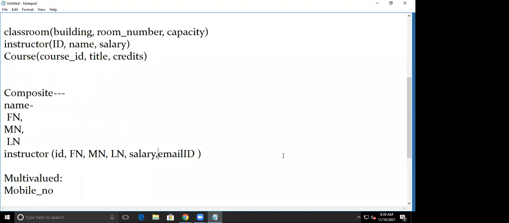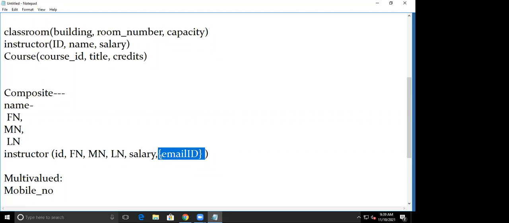In the ER diagram, this attribute is represented using a curly bracket, which means that this is a multi-valued attribute. Here it might happen that one instructor has a single email ID, one instructor has 2 email IDs, and another instructor might have 4 email IDs. So whatever the number of email IDs is, I cannot count on fingers.